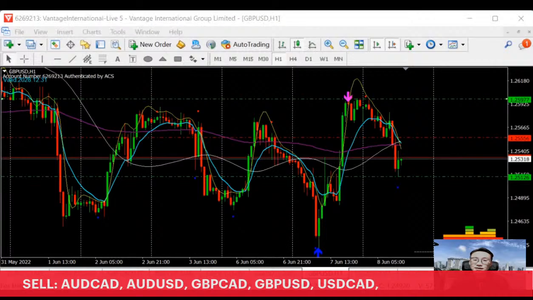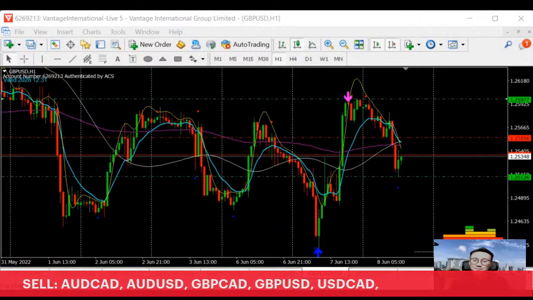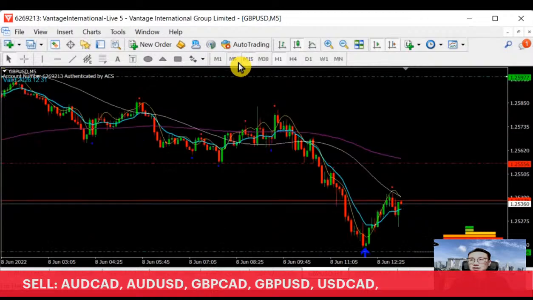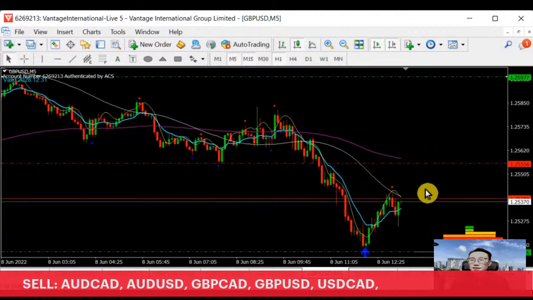So pound dollar, very likely on the second half, is still going up for a buy. Still going for a buy. Buying is still very possible. Right now, if I'm talking about this, as you can see,